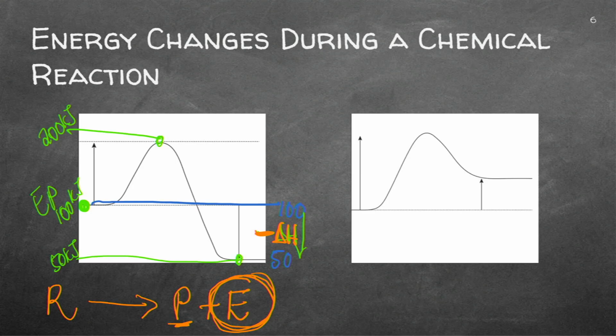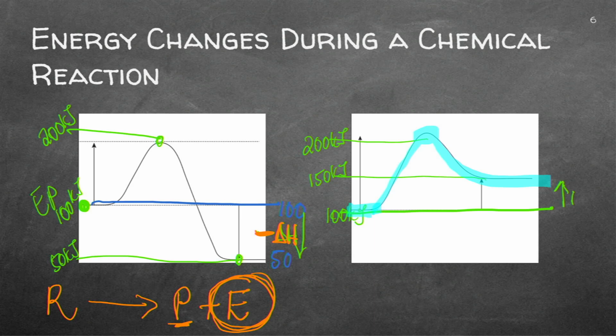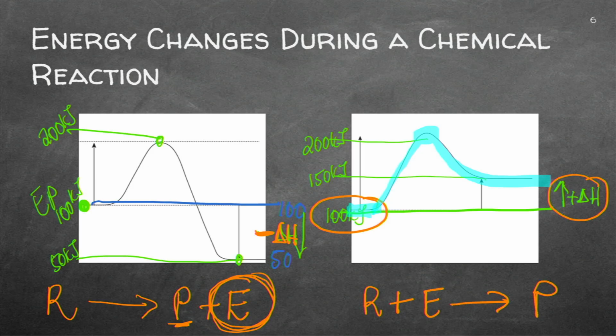On the other hand, you'll find the endothermic. I'm starting there, I'm going up there, and then I'm ending there. Now let's allocate values again. Let's say this is starting at 100 kilojoules, going up to 200 kilojoules, and here I am at 150 kilojoules. So I gained energy from there, therefore it is a positive delta H, and if I write down the reaction, it will be the reactants there plus that delta H, which is the 50, will give me the same energy as the product.